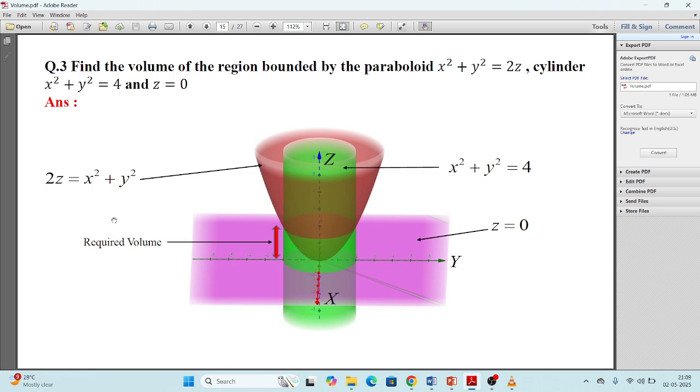Let us try one more problem. Now if you check this, अगर आप यहाँ पे चेक कर रहे हो तो आपको फिर से एक बार z के साथ इंटीग्रेट करना है. So if you check, there are two equations in z. z equals 0 and z equals this.